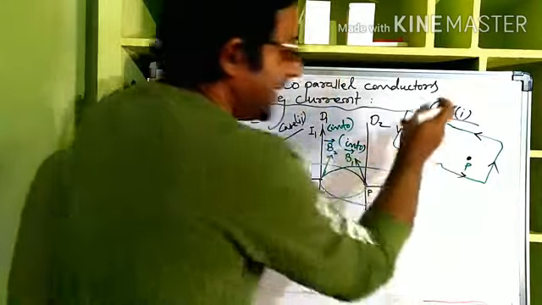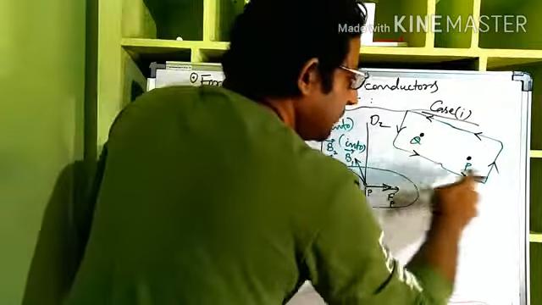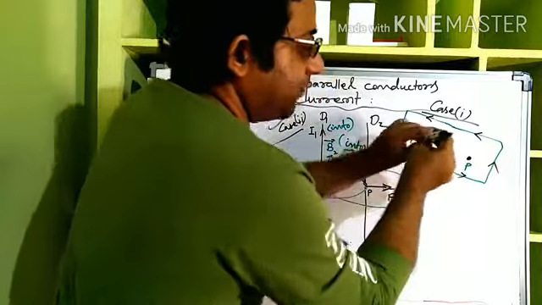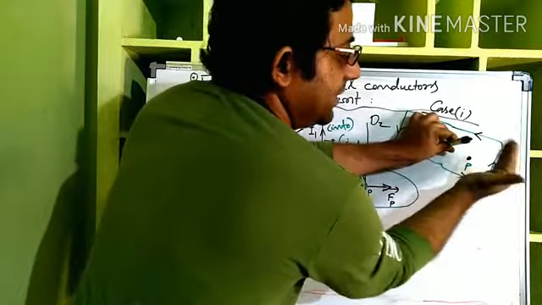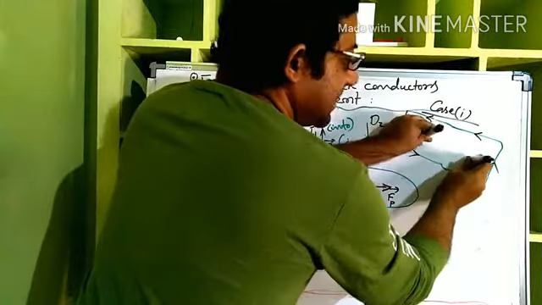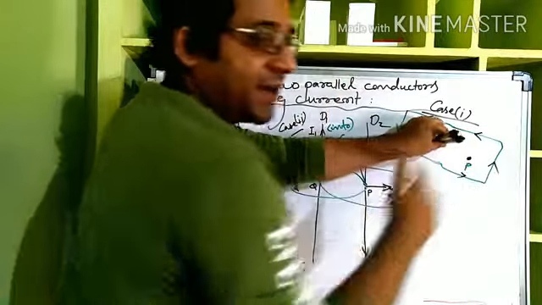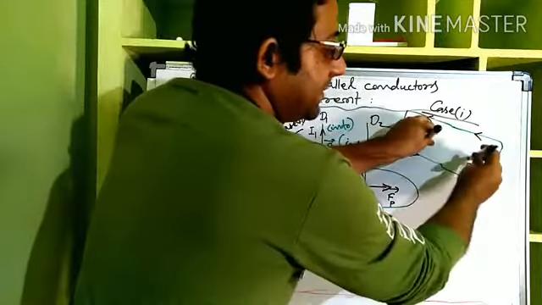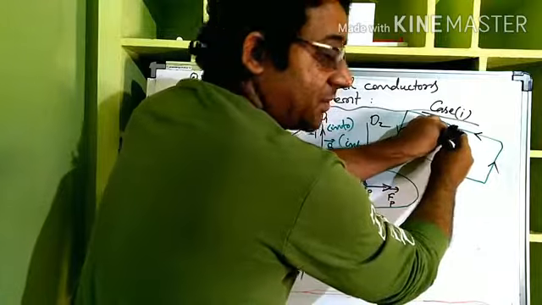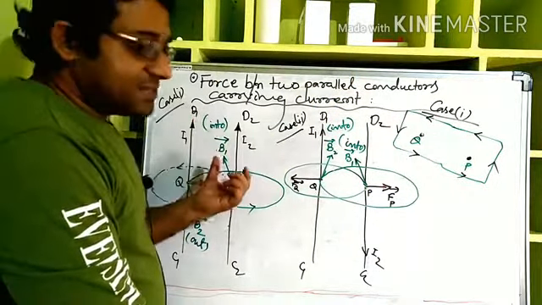There is no role here. So it will act as if this is one loop only. And when this will be one loop only, when the current is flowing in one direction, that means though two conductors are there, they will become one conductor. Then only it will be possible, right? When they will become one conductor, they attract each other. Fine. So attraction will be there when currents are flowing in the same direction.